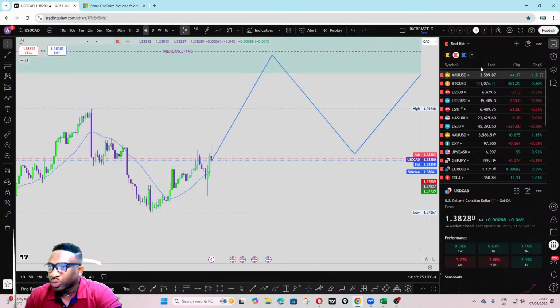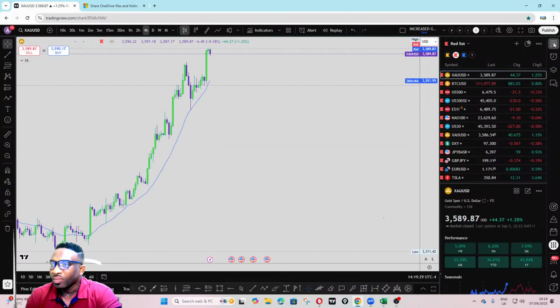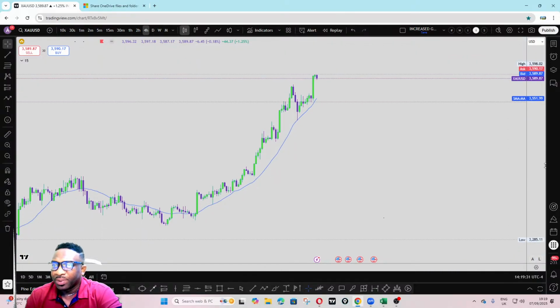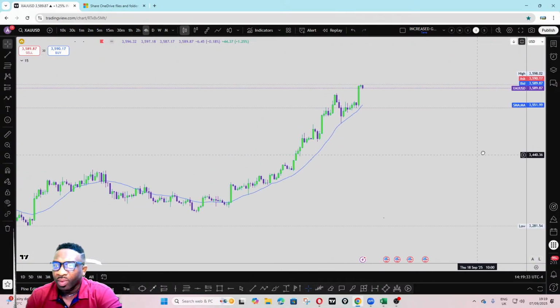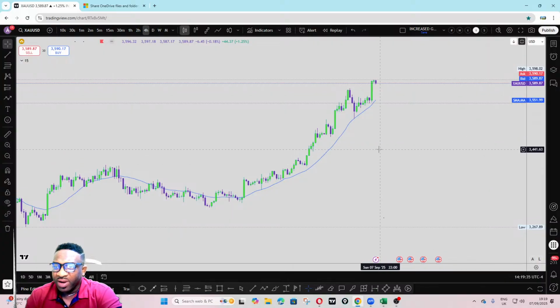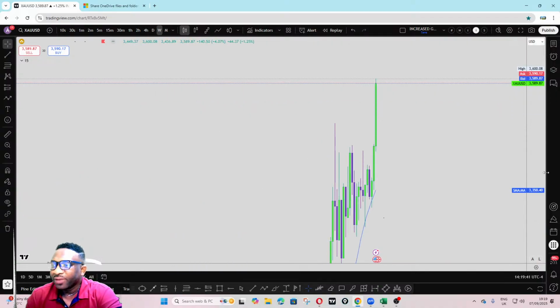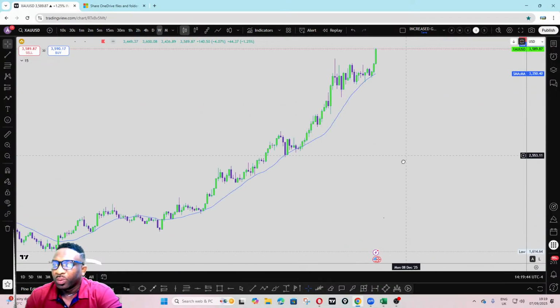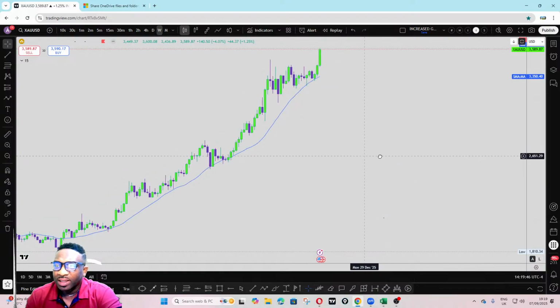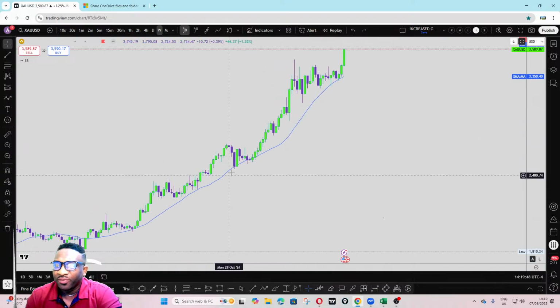All right, let's look at another pair. Possibly let's go to gold and see what is happening on gold. So gold has been very bullish, as we can see. If we go on the weekly for the status, we can see that on the weekly time frame we've been very bullish,